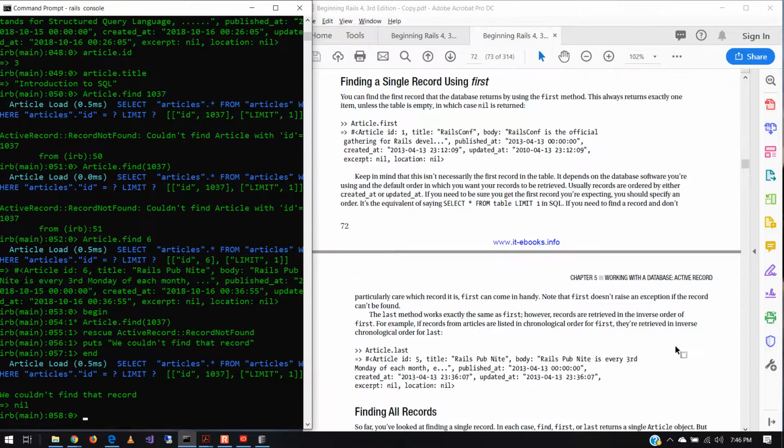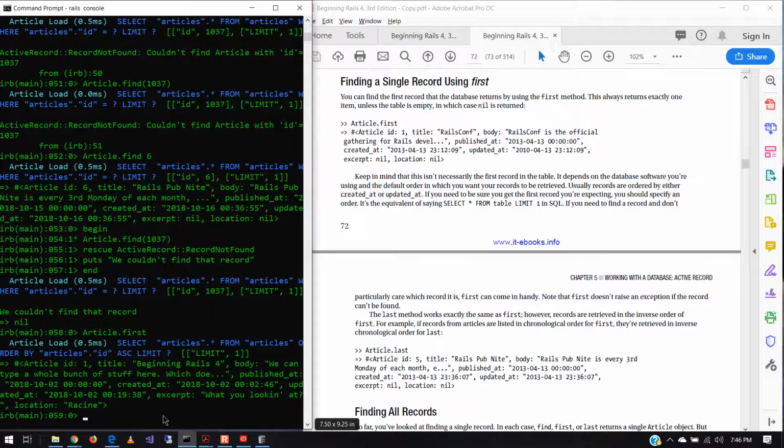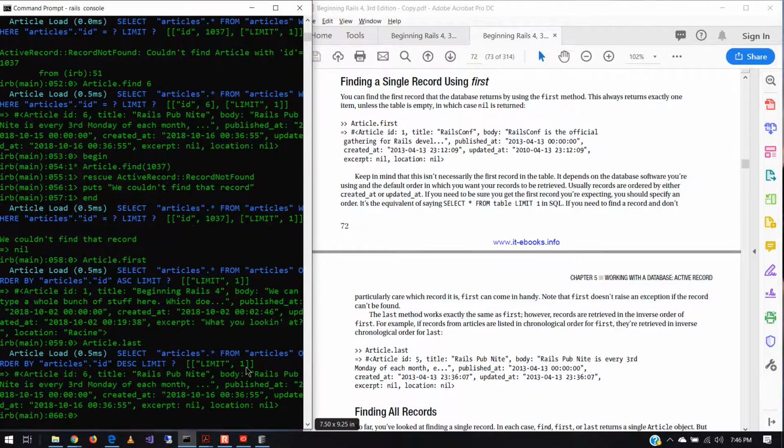All right, let's try the next find command, and this one we've actually used before. So if we say article, capital A, dot first, so we're pulling right from the database table, it should pull back the first article in my database. Differs from what the author has because I had one pre-existing in there. And you can see all my little quippy things that I already put in there. Of course, by much the same measure, you can put in article.last, and it should pull in,